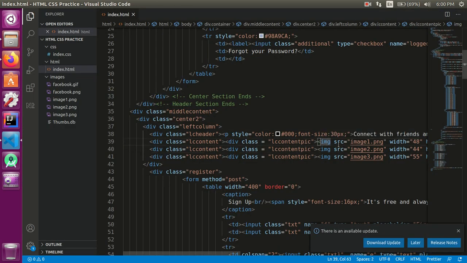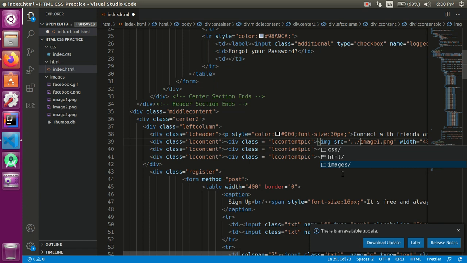We have to tell this src attribute that you have to go back, and then inside the images folder you will find this image. So there is a code: dot dot forward slash for going one folder up, then the name of the folder and then a forward slash.